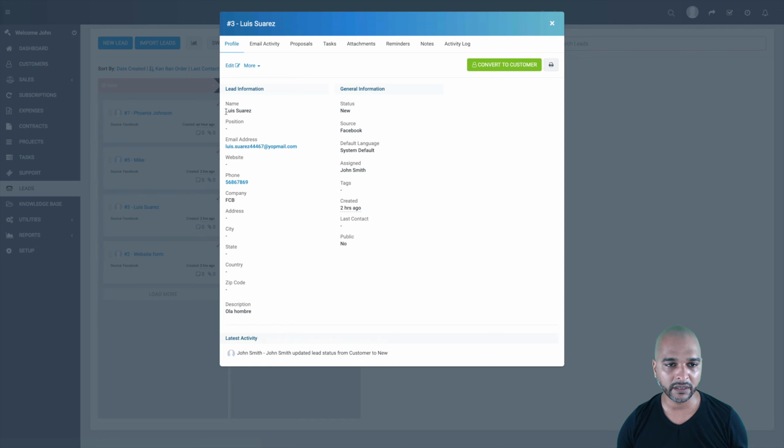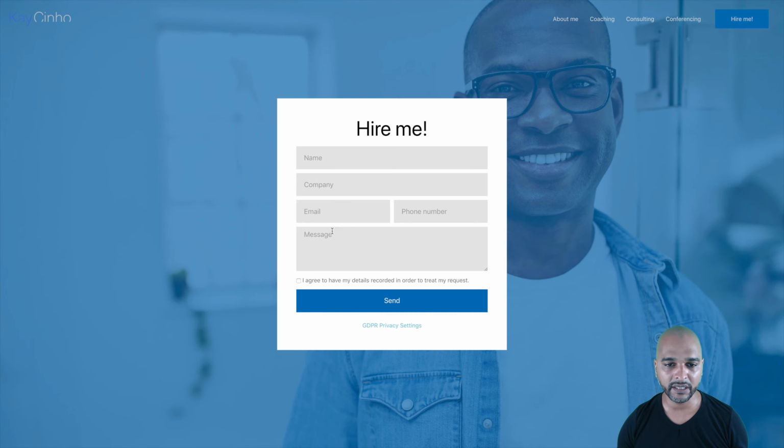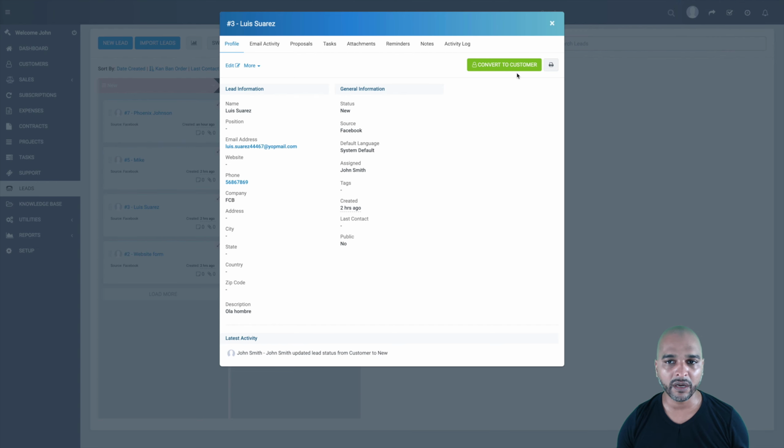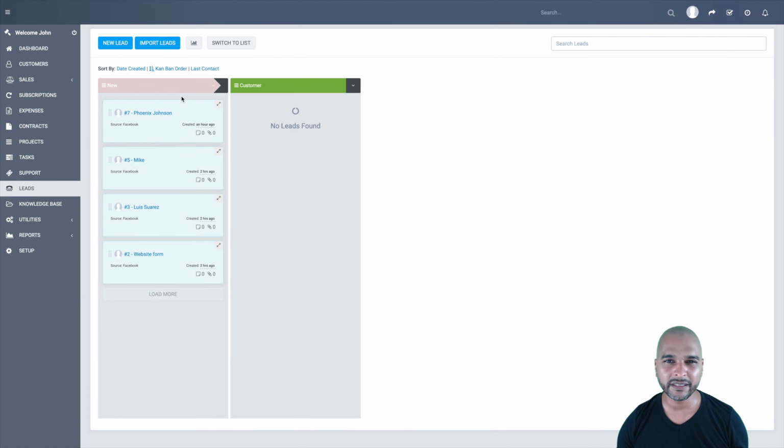So as you can see here, I got the name, I got the email address, I got the phone number, the company, and all the different details that you can see here in the form. So if we look at the funnel here, it's a bit simple. We only have new and customer, and actually we're going to create a little more steps within the funnel so that you can see how powerful Perfex CRM is, and especially the combo of Elementor and Perfex,